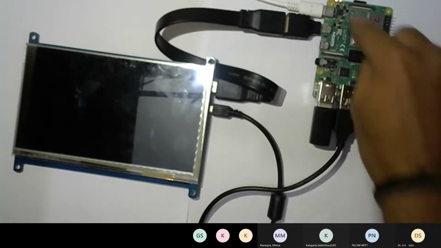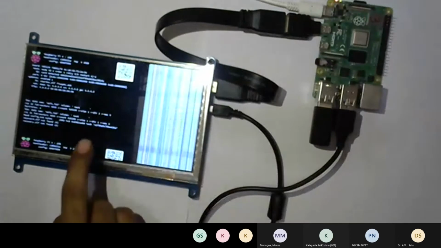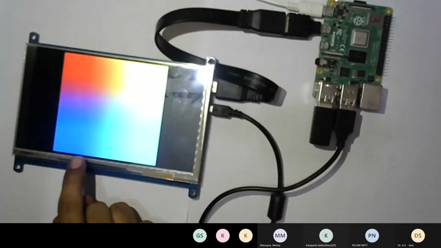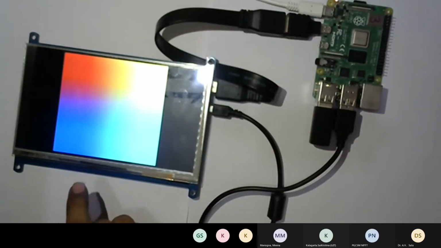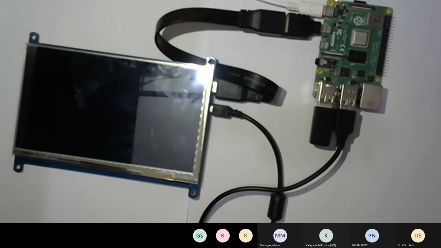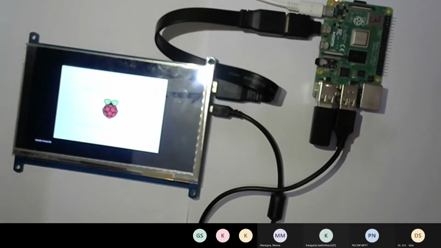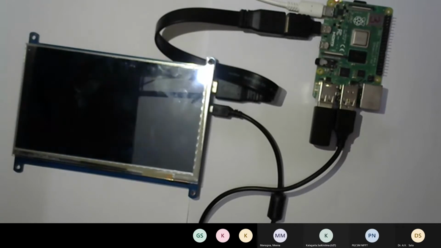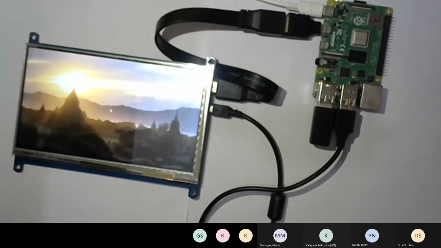And there is one red light over there, and as you can see, as I powered it on, the screen booted up and it got started. So while this Raspberry Pi is starting, I will show the GPIO headers. It will take around 15 seconds for the screen to boot up. So you can see it takes very short time, very quickly it got booted up, approximately 7 or 8 seconds.